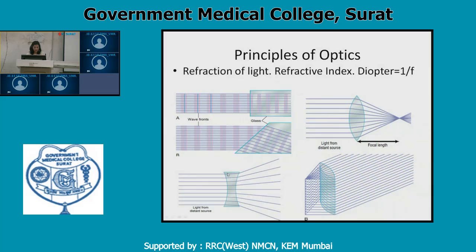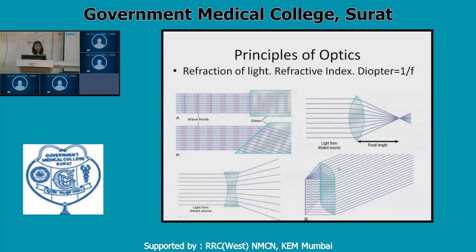This third figure is that of a diverging lens. When parallel rays coming from a distant object strike this lens, they diverge away. If we extrapolate these diverging lines to a virtual point, so that it seems that light is diverging from this point, that point is known as the focal point of this diverging lens. Similarly, this is the cylindrical lens, in which the parallel rays coming from a distant object are focused at a plane rather than at a point. So these are the different types of lenses.